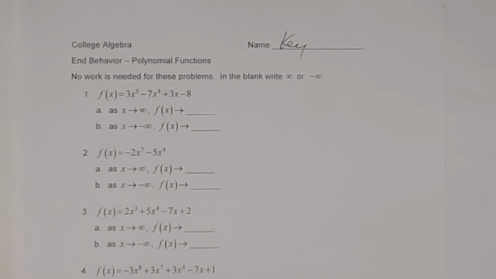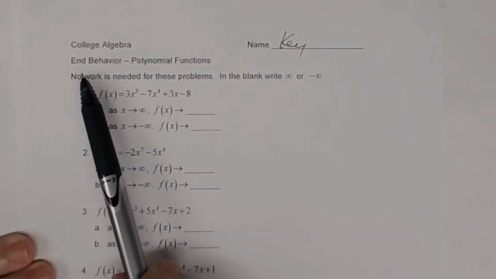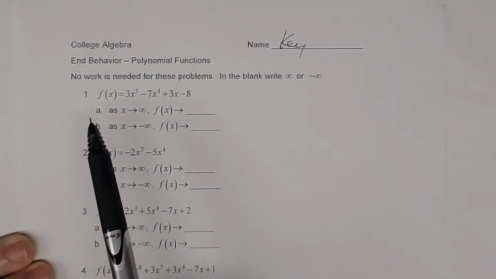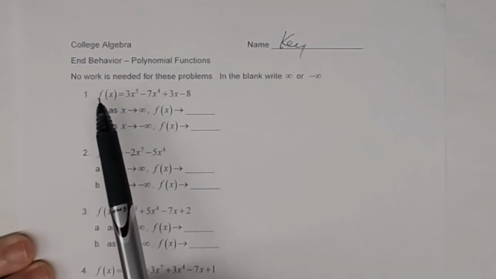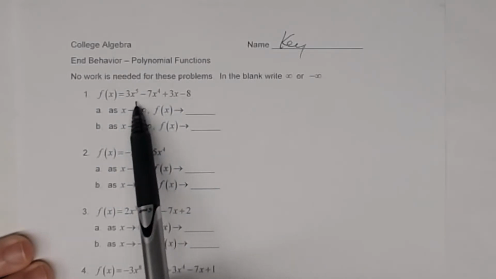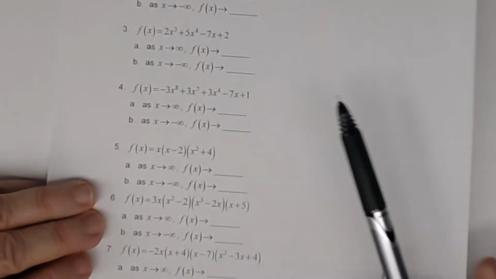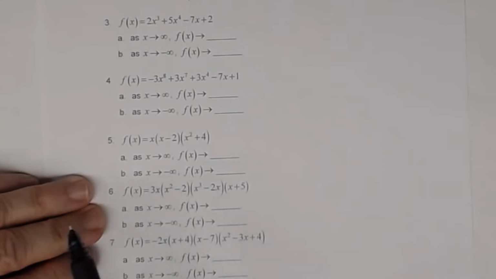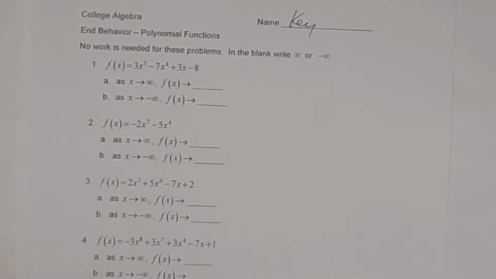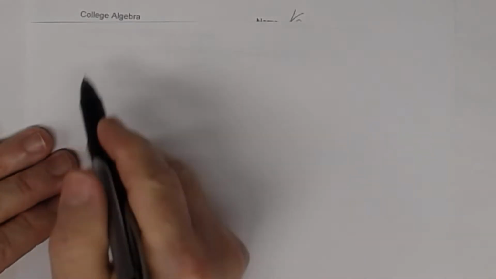This is a key on the worksheet on determining end behavior of polynomial functions. You basically have some problems where the function is written in general or standard form, and then you have some that are written in factored form. As you work these problems, it's always a good idea to remember these general statements. So for example,